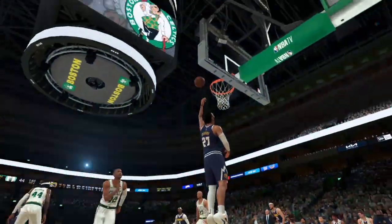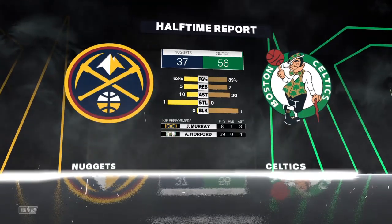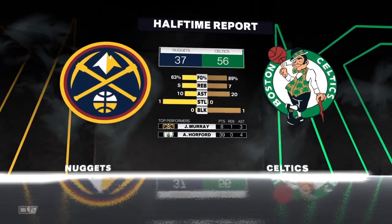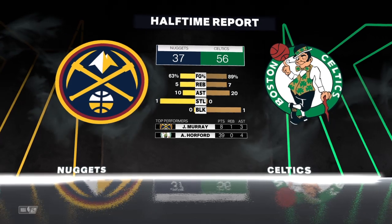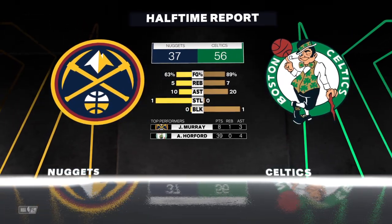And, big fella, let's get your thoughts on the Nuggets. It's their defense that's put them in this spot. Giving up easy looks all over the place. It's like they don't even have a game plan in place. Check out the field goal percentage that they've allowed. Well, that's not going to cut it anymore. I don't even want to talk about it